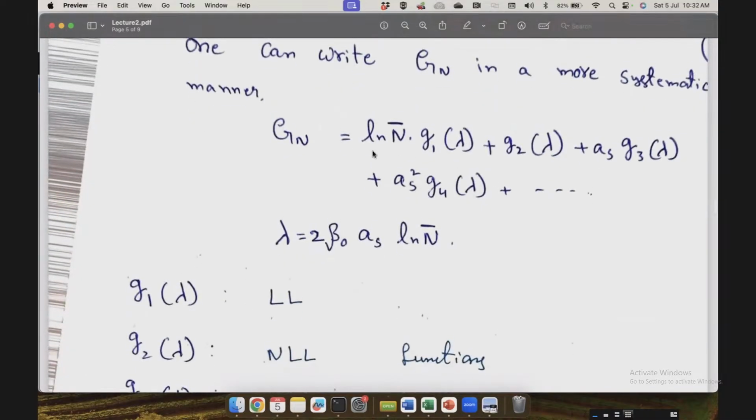And then if I include the first term as well as the second term, then I can include both the first tower as well as the second tower of the logarithms. This is what we call the NLL resummation. If I include the first three terms, then it